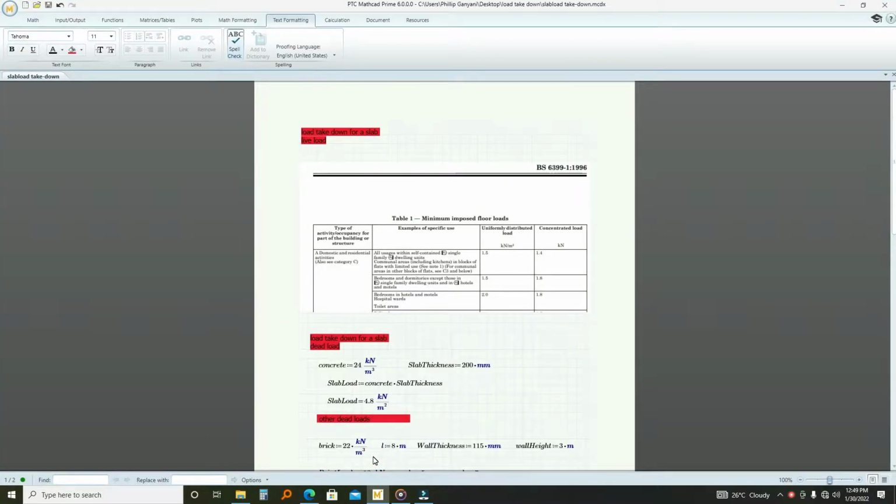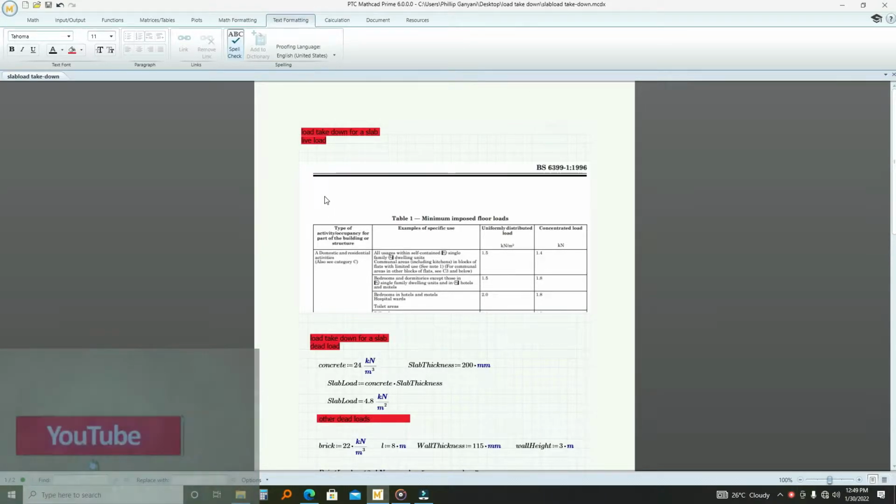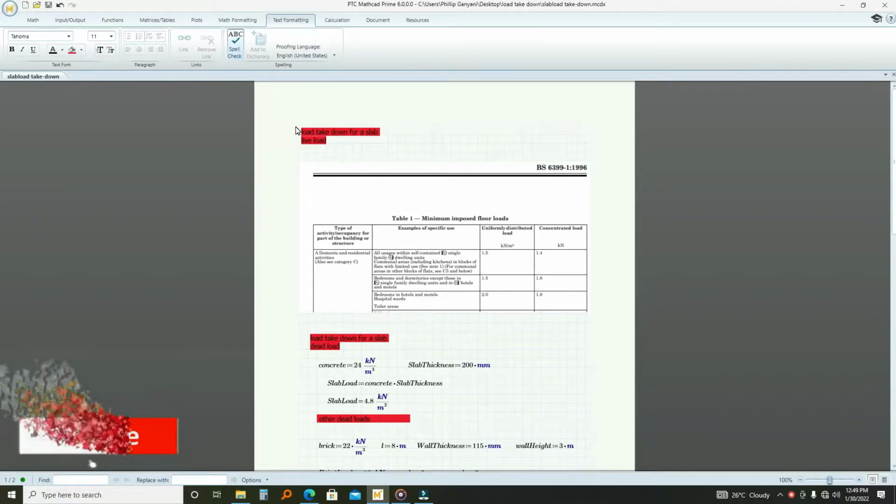Hello, today I'm going to be showing you how to do a load takedown for slab design. This will apply to all slabs. Then I will go on to tell you of other load takedowns. Let's start. The first thing we are going to look at is how to do a load takedown on